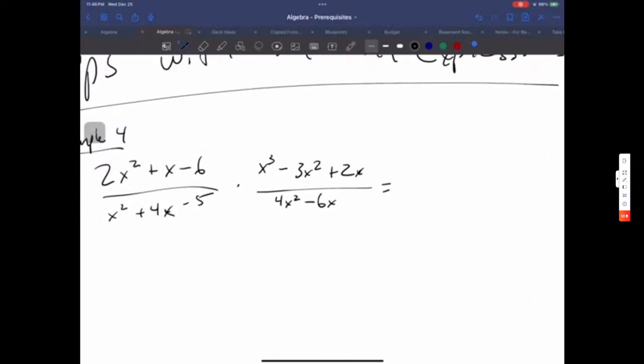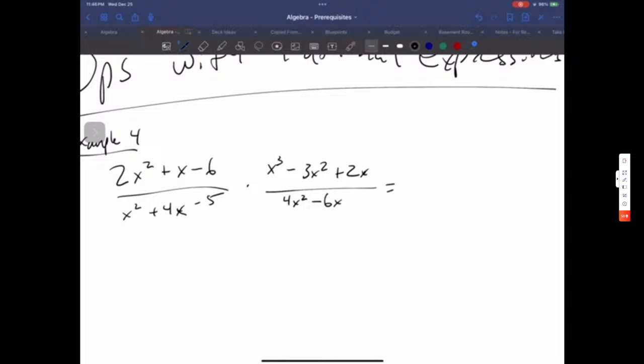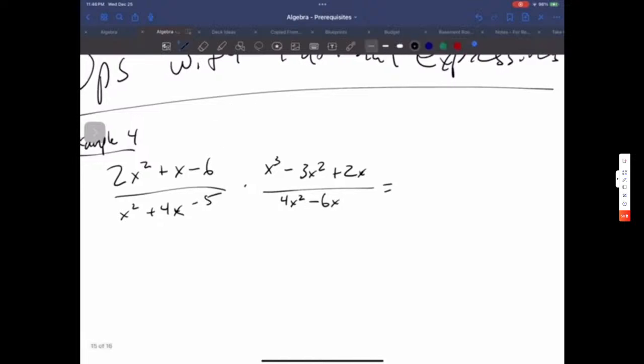Okay, so the first thing is we want to look at this first numerator and see how we can factor it. Remember, like we said before, we're trying to get a 1x there. So if we think of FOIL, we can see how we can get a 1, and we're going to have a 2x and an x, because that's the only thing that can make a 2x squared. And then on this side, we're going to have either a 6 and a 1 or a 3 and a 2. So if we say 2x,